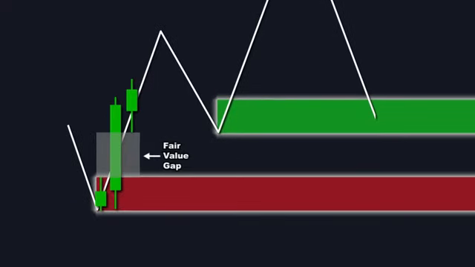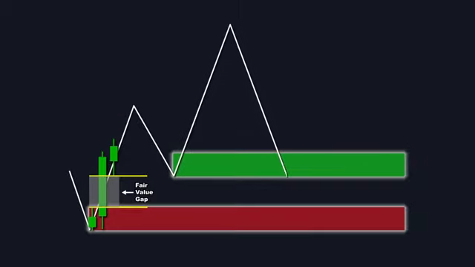This zone is called a fair value gap. You can mark a fair value gap by simply marking from the candle's top wick before the big move to the candle's lower wick after the big move. Oftentimes, price will come back down to this zone, fill the imbalance, and retrace back up to test the highs again. When you see a clear imbalance below a zone, that zone becomes a fishing zone because price has a natural tendency to fill these gaps.